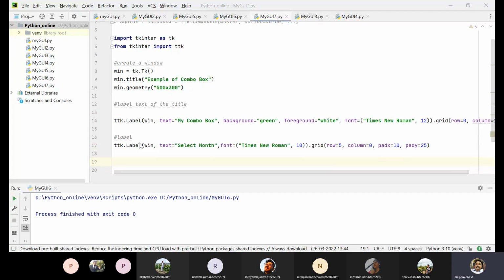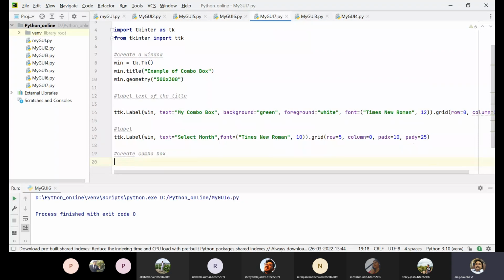We have to create a combo box or drop down menu. Call it drop down menu. Combo box is one word, so we have to put it in one word. Okay, so